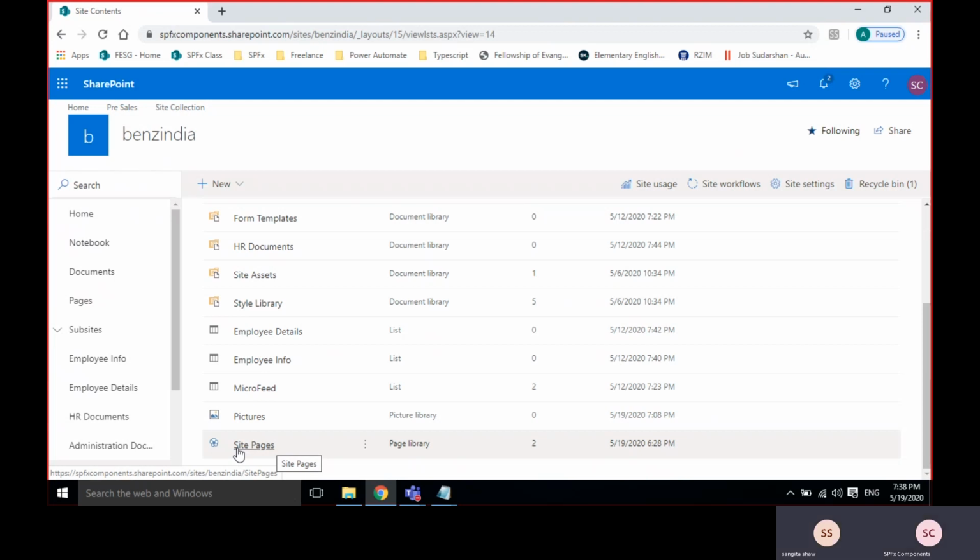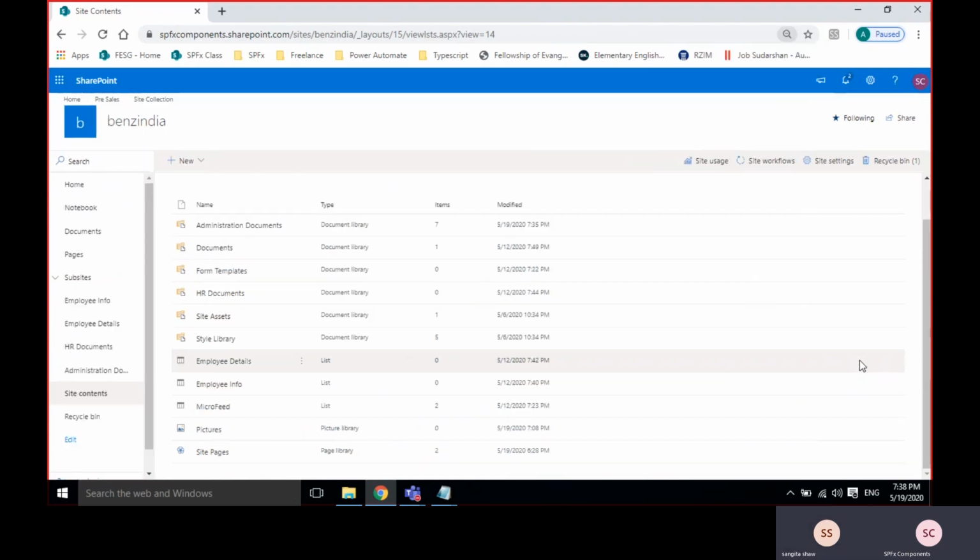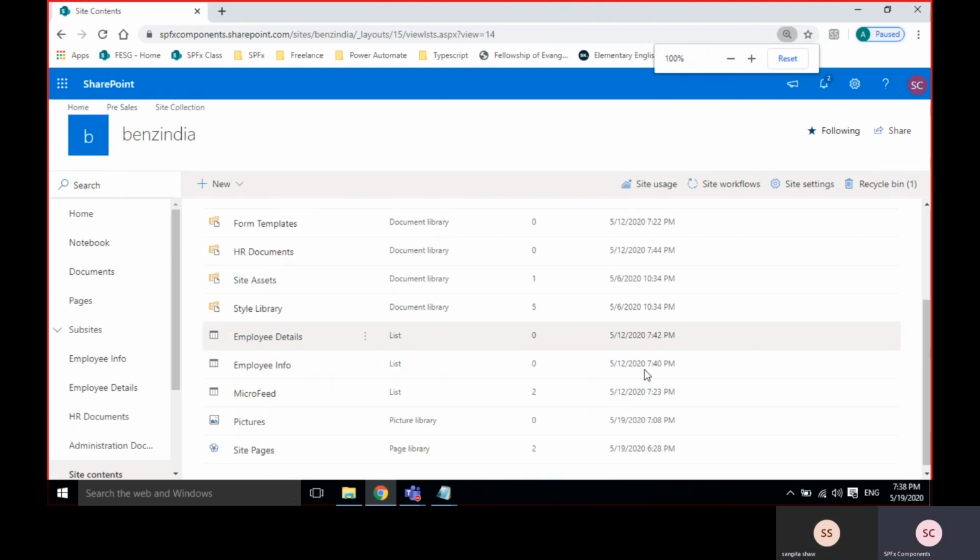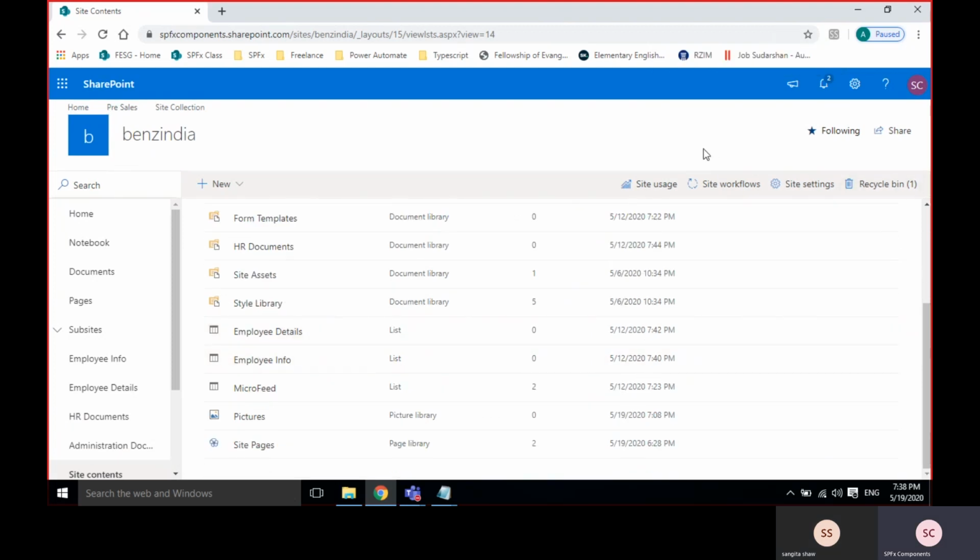Where are the site pages? Oh, it's at the last. In the bottom, exactly, it is there.